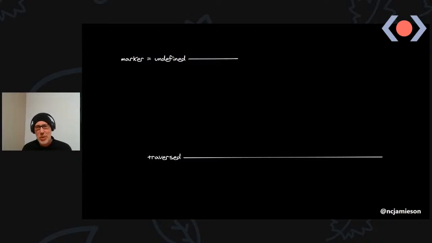But in terms of the traversal, the concept that it uses is of a marker. A marker is basically something that gives you a reference to the next node. It's something that goes from one node to another. It's basically outlining an edge. So when you start the traversal, the marker is undefined. So we start the traversal, maybe you have an API call. In this case, what we're going to be doing is retrieving starred repos for a particular user.